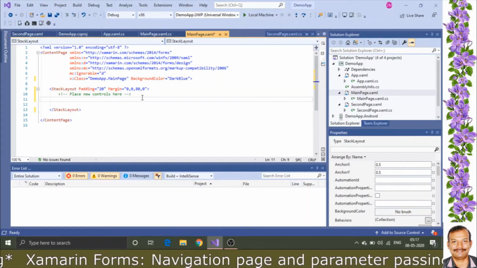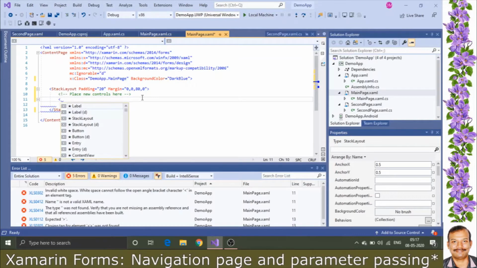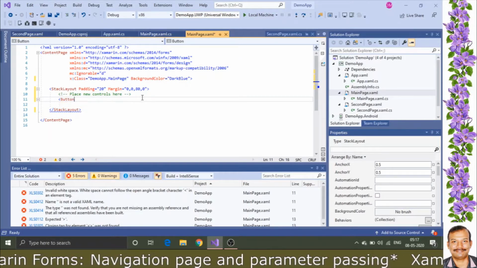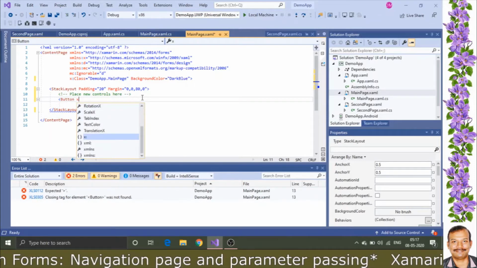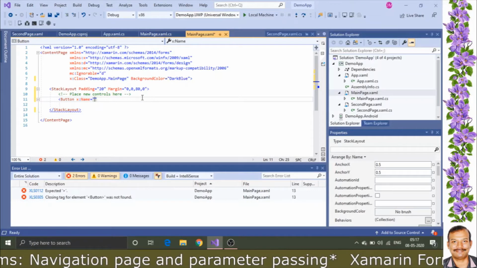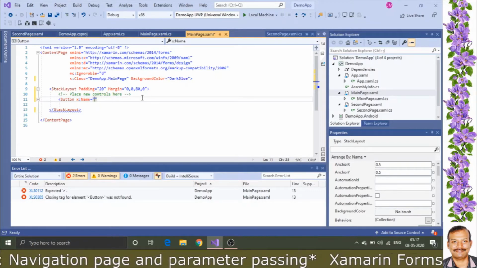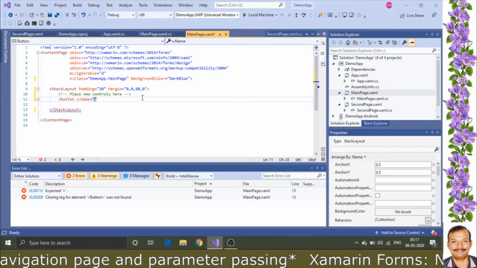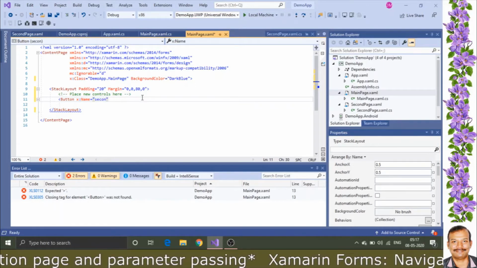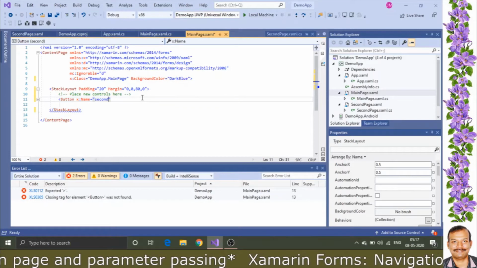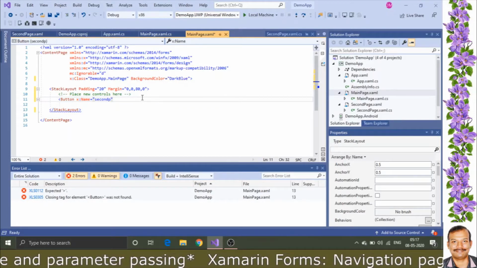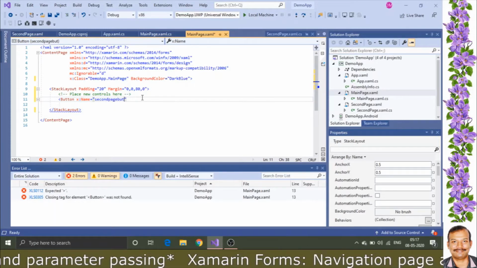Now I am creating a button. If you want to add a label, you can add a label, but I am directly giving a button. I am giving the name second page button.